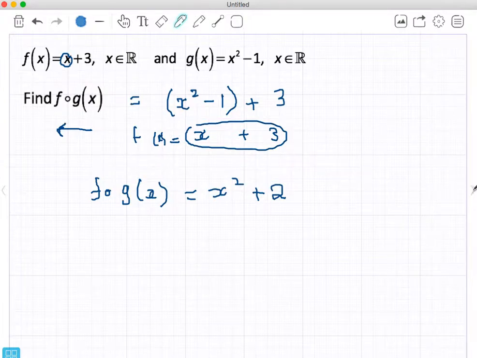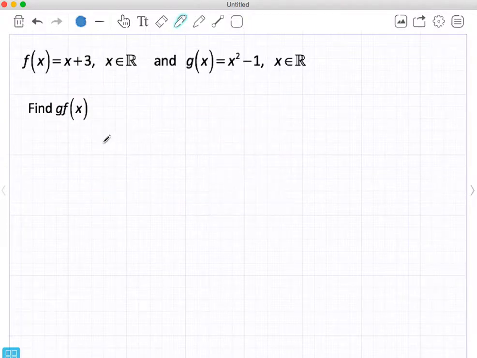The other way, again we've got a little dot there. If we go the other way, we don't have to have the dot, and this time we're taking f and putting it into g. So we're going through g. If we see an x, we replace it with this. So I see an x, so I replace it with the f function, and the f function is x plus 3. But now I've got a little square there,